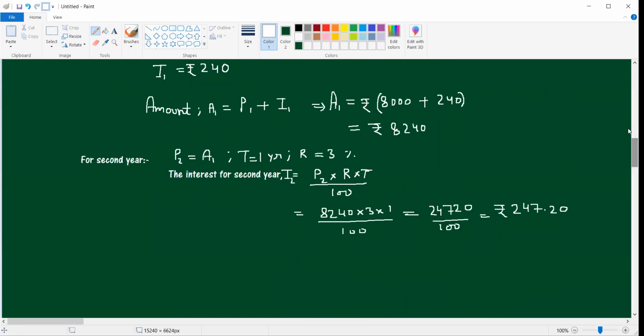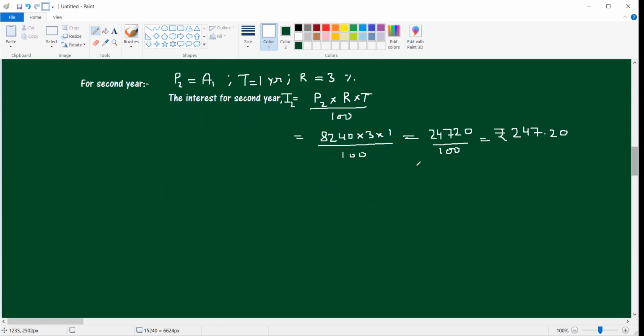Now it is correct. In the second part of the question, they have asked you to find the sum due at the end of third year. So in order to find the sum due at the end of the third year, I'm going to demonstrate the process. You have to do the calculation. So this is the interest we have received. So amount for the second year will be P2 plus I2,